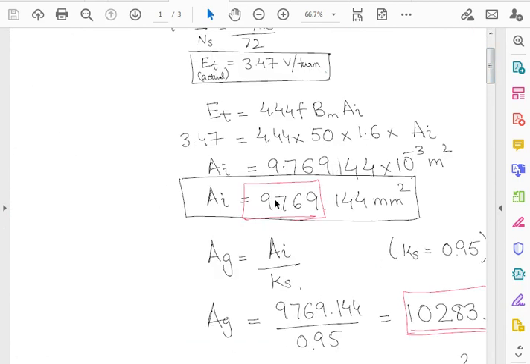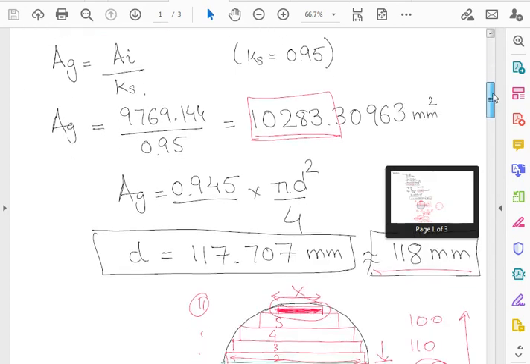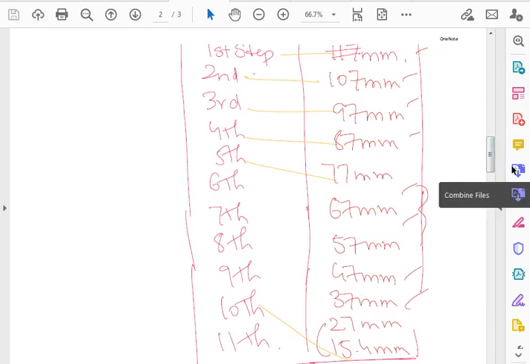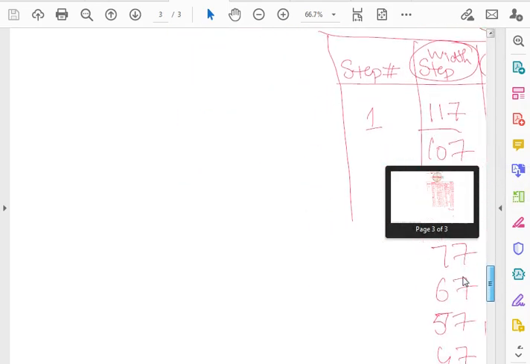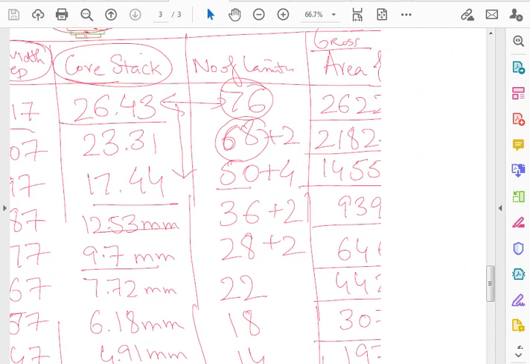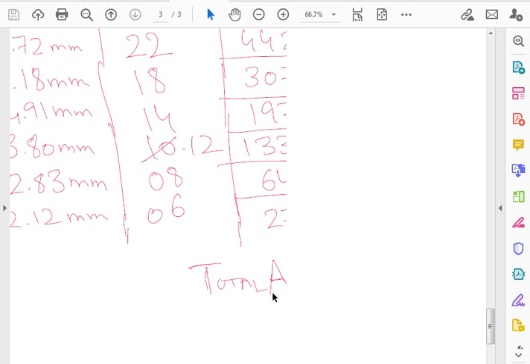That was required. But we got the iron area. Then we calculated the gross area, and based on that gross area, using an 11-step core, we designed a circular step stack. So when we completed the table, where we put the number of laminations and gross area, this gross area got cut off here. I will try to upload it again. The total area over there, so you can find the total area and plug it